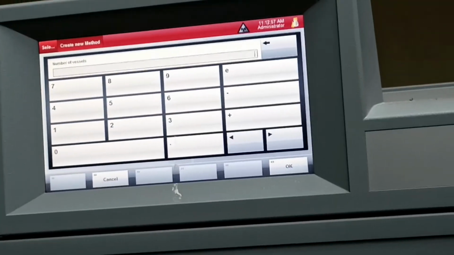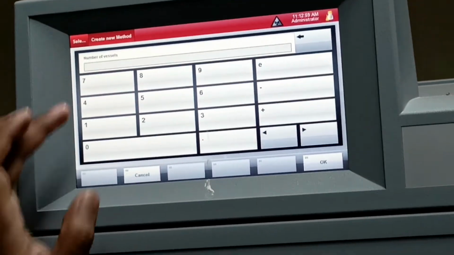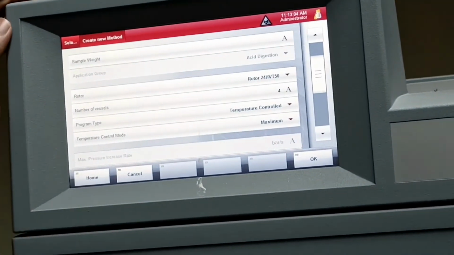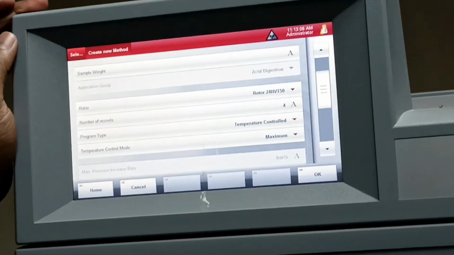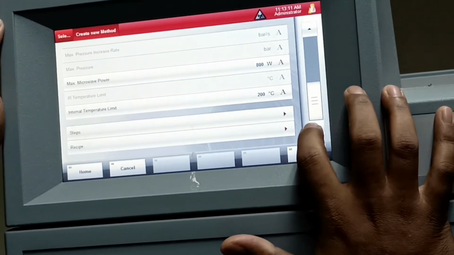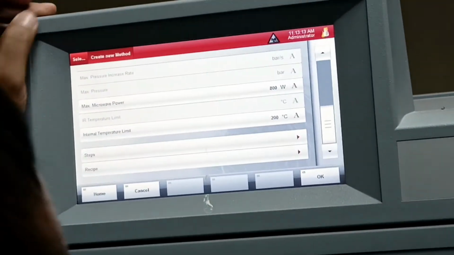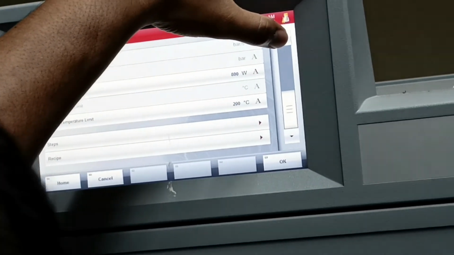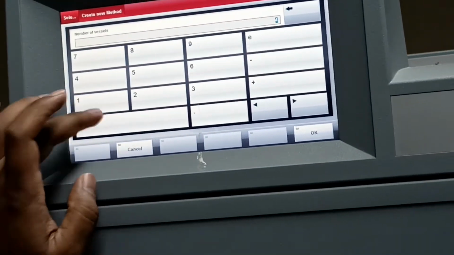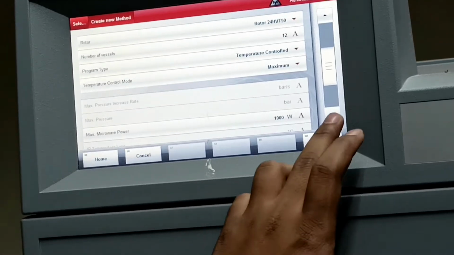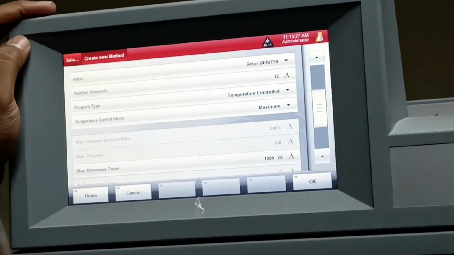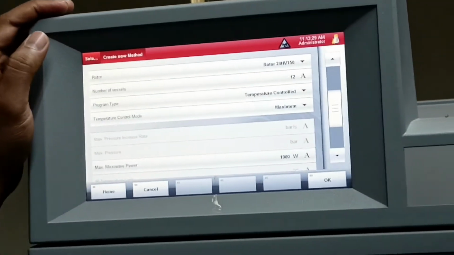Put 4 vessels and press OK, and you will see power of 800 watts. Now change the number of vessels to 8 or 12. Now it's 1000 watts. So it has increased.